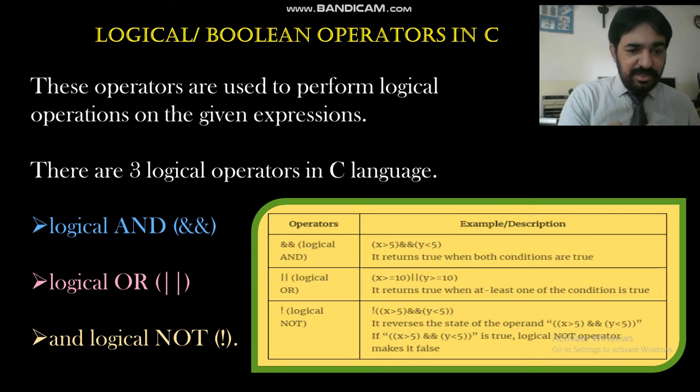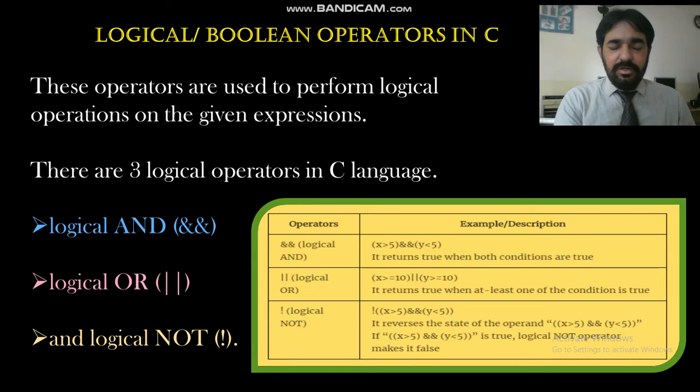In the other two gates, AND and OR, there are two input values, A and B, and the output is C, which is a third value. So the logical gates AND and OR can have two or more than two inputs, but the NOT gate has only one input and one output.